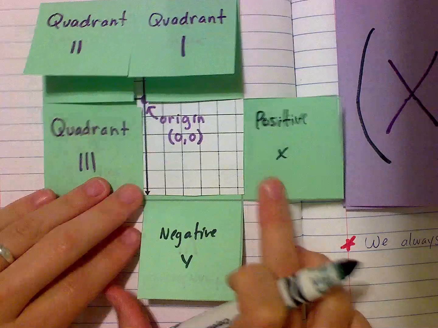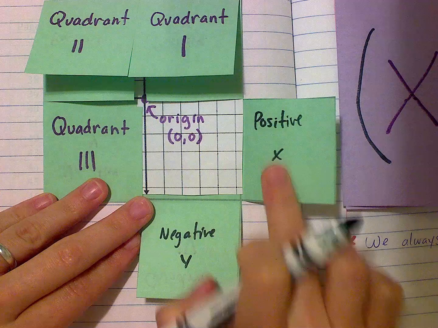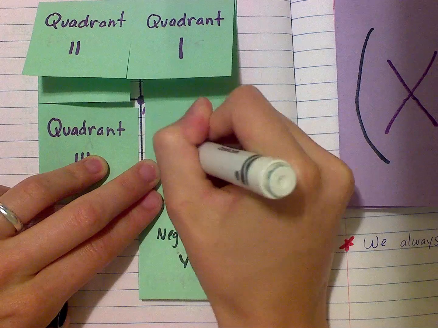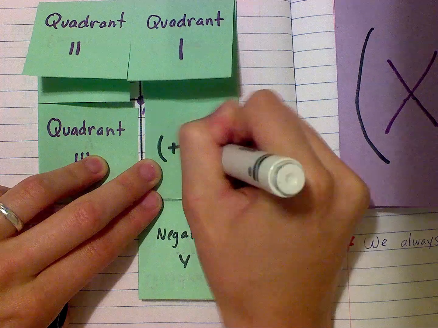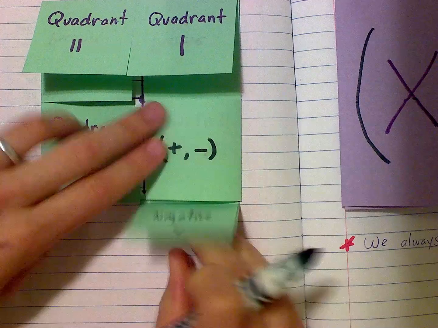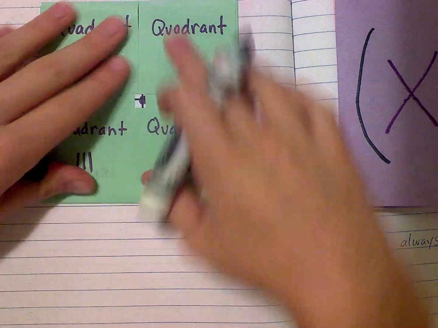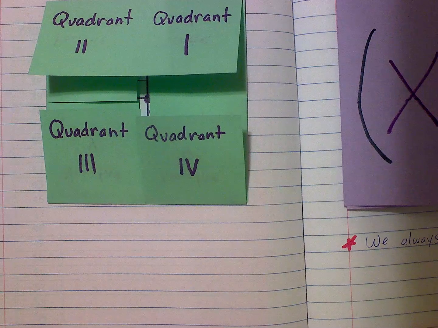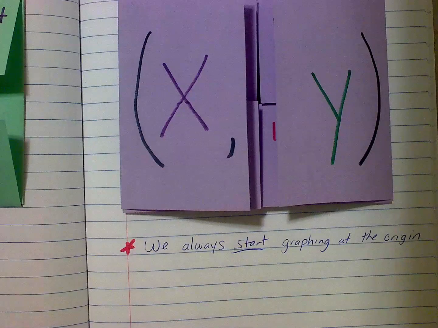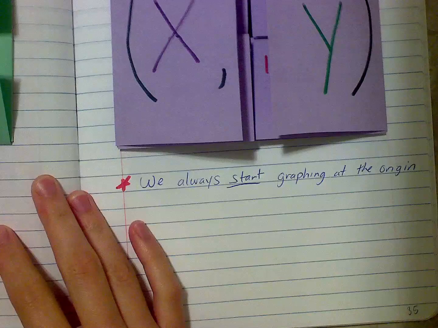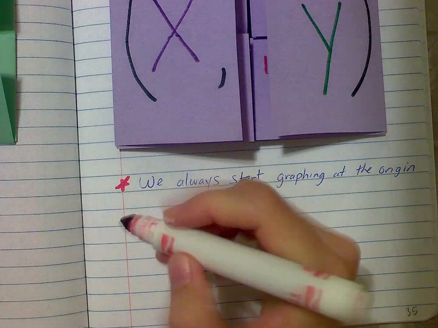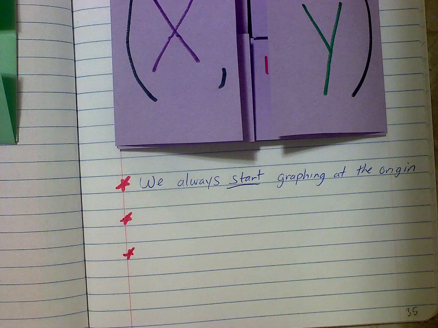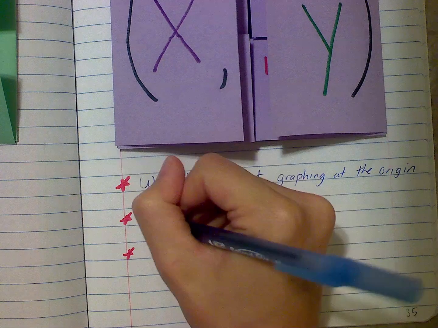In the last quadrant, quadrant 4, the x is positive and the y is negative. So the first coordinate, the x, is positive and the y is negative in quadrant number 4. And those things are always true. Now, what you may be asking yourself is, what about if x or y is 0? So we're going to put a couple more notes down here so you can make yourself 2 little notes. If x is 0,